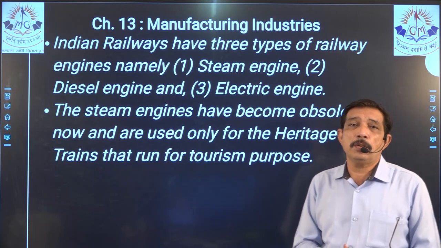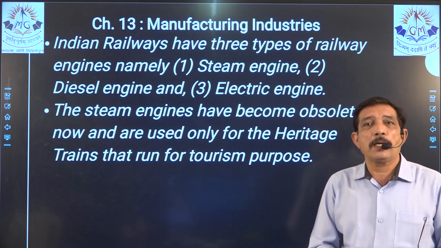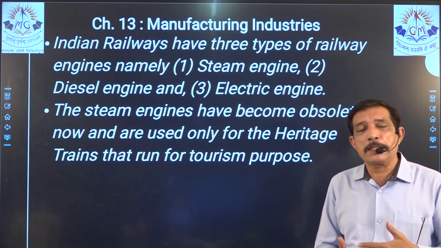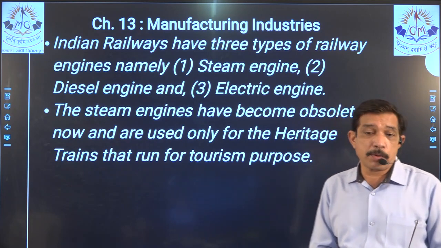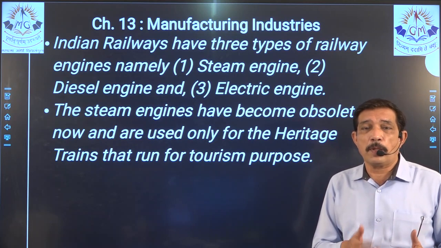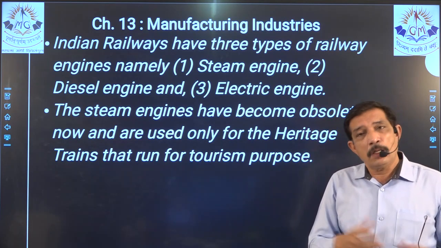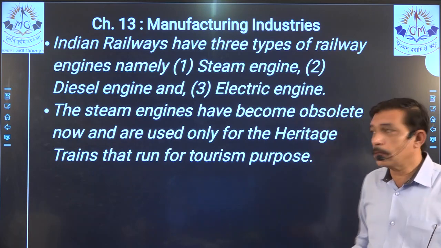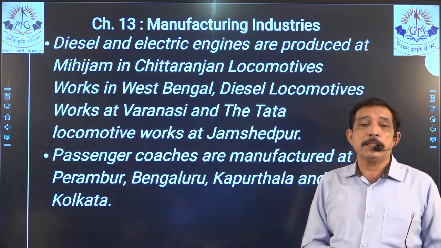We don't use it because coal has become costly, and instead of that, diesel and electricity can be used more and are available in plenty. So steam engines have become obsolete. Only heritage trains, toy trains that run from the bottom of the Himalayan mountains, say Darjeeling or Shimla, are run for tourism purposes. Diesel and electric engines are produced at